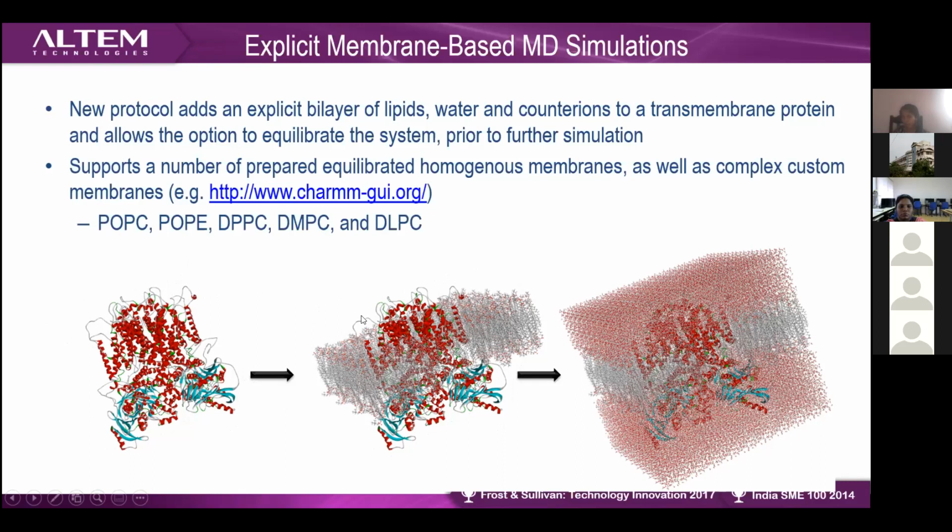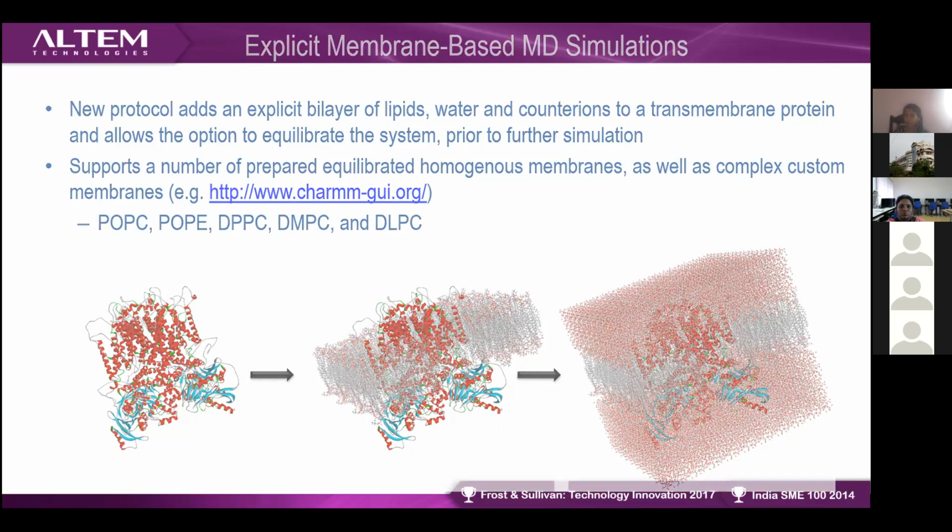You will be packing your structure through POPC or POPE. Based on your transmembrane, you are choosing your structure. Once you have chosen your structure, you will have your predicted structure in the grid box. Then the simulation will start. Once the simulation has been done, you will get the trajectory files. You can run and analyze your trajectory files through RMSD or RMSF.